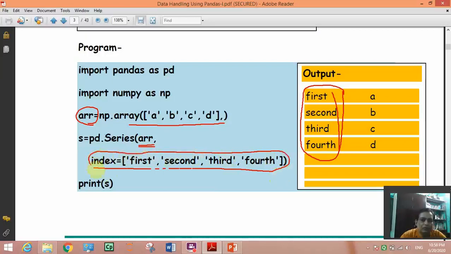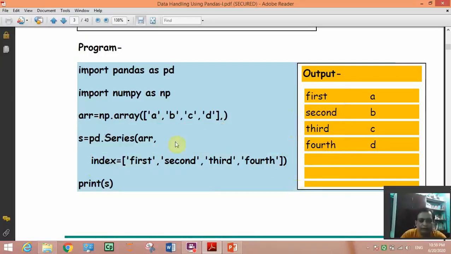If you leave it, then it will automatically give index as 0, 1, 2, 3, like this. So here you have seen how to create a series and how to change the index in our own way.